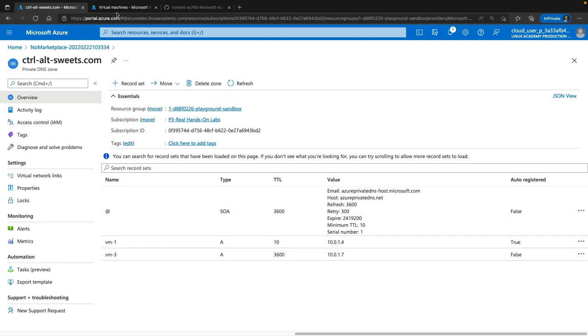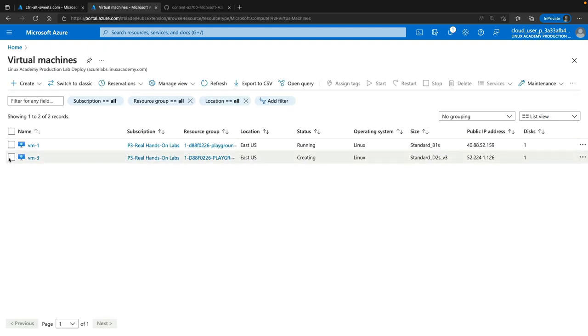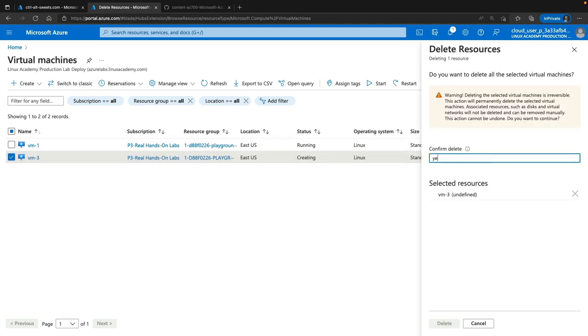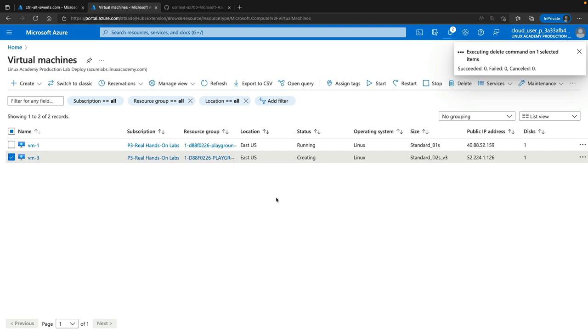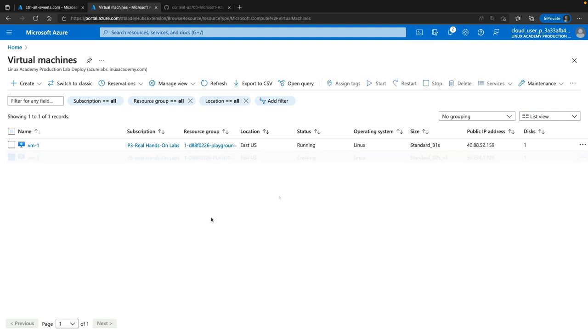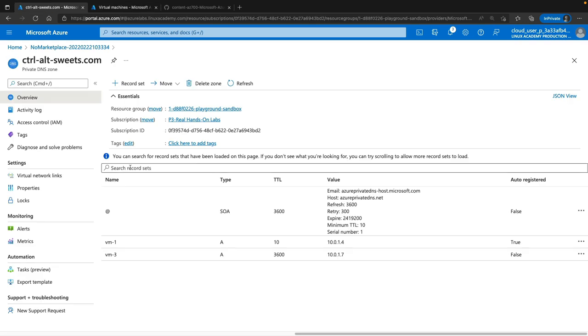Let's go back to our virtual machines, and I'm going to go ahead and delete VM3. Yes to confirm, and then hit delete. This will once again take a moment to remove. I'm going to go ahead and pause and come back one more time. And we are back again. Our virtual machine 3 has been deleted, and if we go back to our private DNS zone and refresh,